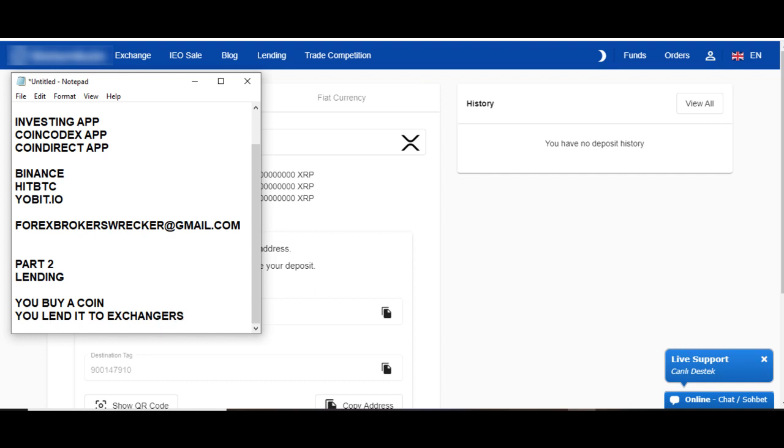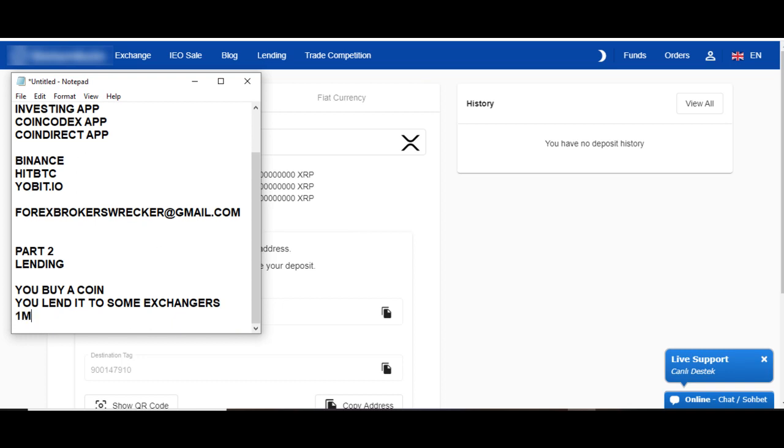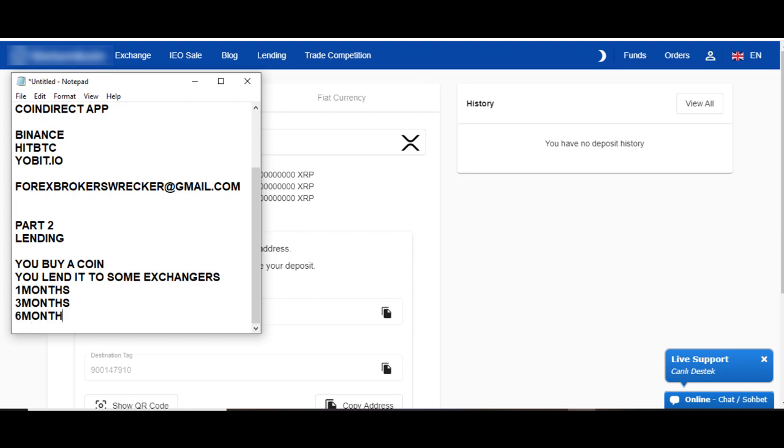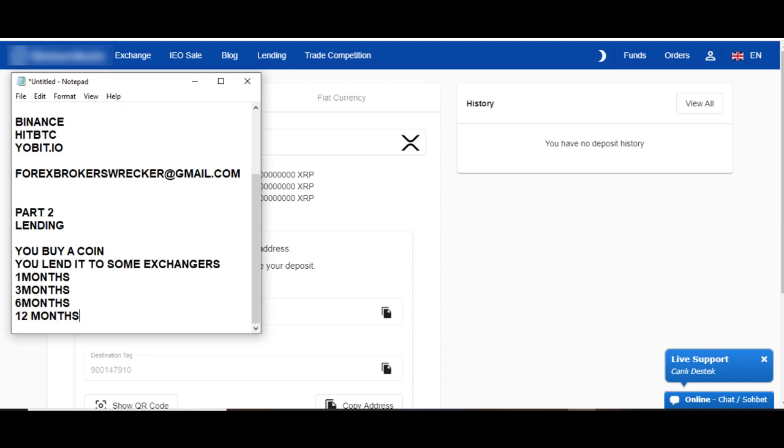Not every exchanger does this, only some that allow it. The term could vary, like 1 month, 3 months, 6 months, or 12 months. Just like you lend your money to the bank and the bank pays you interest, these exchangers actually make use of your money.